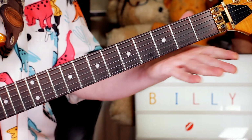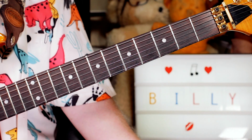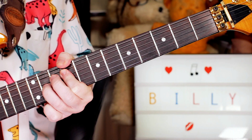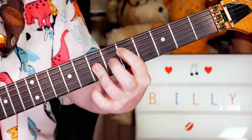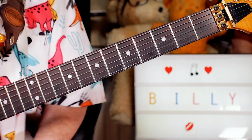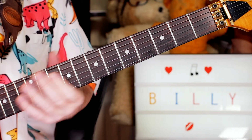And then I'm using my palm to mute the string on the A string, 2 Ds, and then 2 open A's. Repeat. And the second time you don't play that, instead you play the D to A chords. Okay? Because that takes us into the chorus, which is,